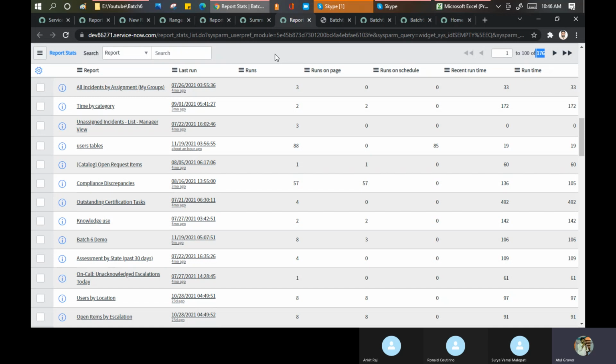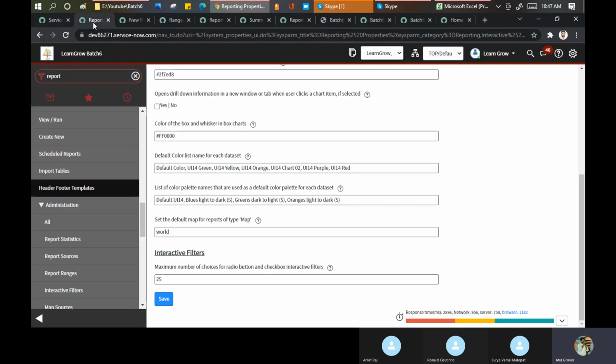I generally fight with my PO and my stakeholders sometimes. Boss, why do you need this thing? It is an unnecessary burden for you. No, Atul, this is our system. I said, okay, go ahead. After 6 months, you will come to say, okay, Atul, can we decommission or can we remove these things? So those things you have to take care of. So this is the fundamental of the report and the dashboard.